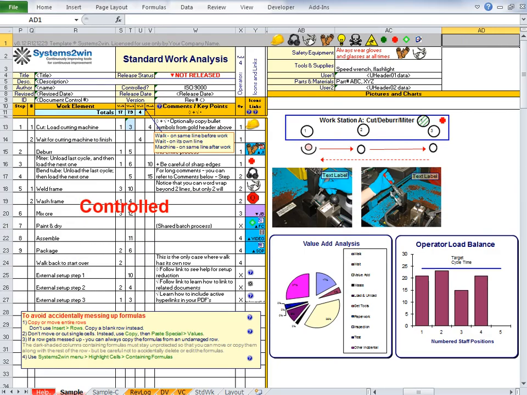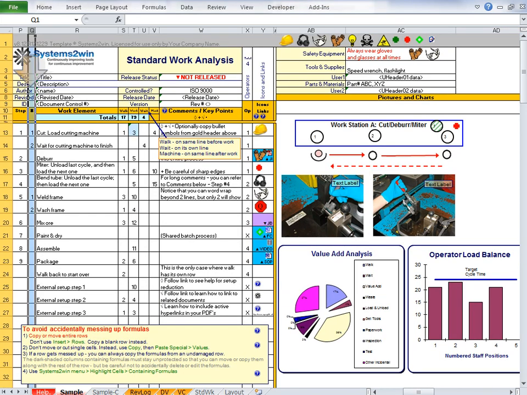Now, if this were a simple process, you could put all of your detailed work instructions right here on this one worksheet, perhaps using sequence numbers to provide more details for some work elements, and perhaps providing pictures or illustrations. And you can define your own palette of industry-specific shapes for things like personal protective equipment, hazardous materials, TWI symbols,